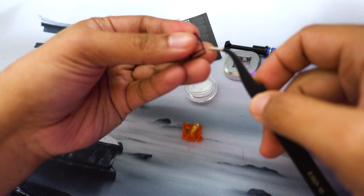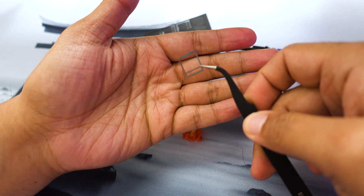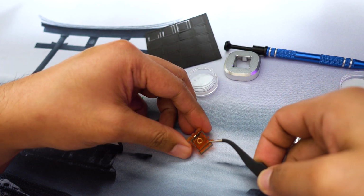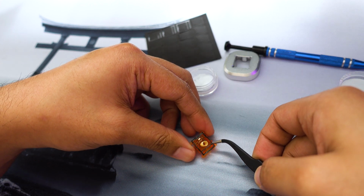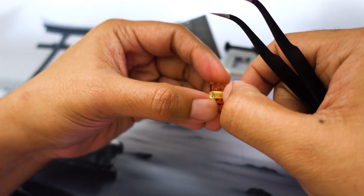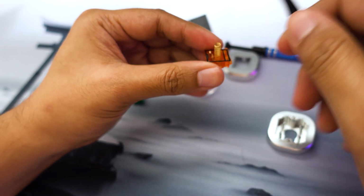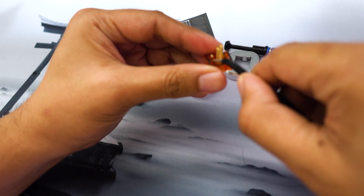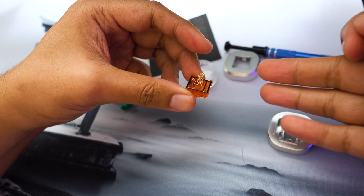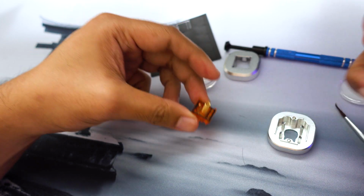Alright, so I usually use anti-static tweezers to put the switch films. You can do this by hand, but it's just really difficult to do it by hand, especially if you have fat fingers. Okay, so we're good. We have the switch film on, and then you take this one,